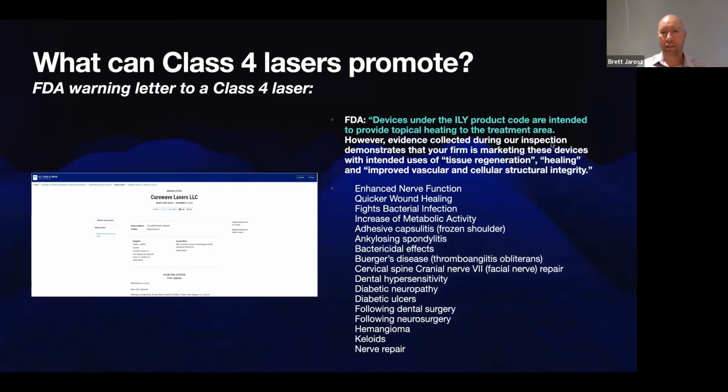However, evidence collected when they went and investigated that laser company demonstrates that your firm is marketing these devices with intended uses for tissue regeneration, healing, improved vascular function, etc. And they were all a list of things that that company had said that they could do. Now, this is again that poor clarity, misinformation, because we're going to see laser companies and practitioners out there that have maybe been given information, or not the full story of the information,